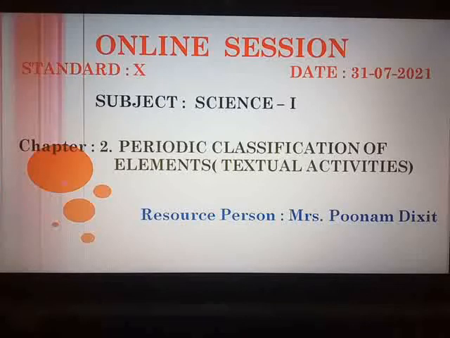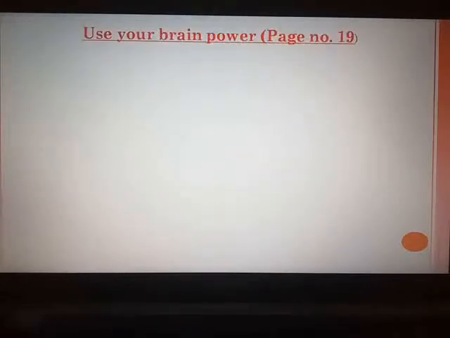Hence, I request you all in the beginning to sit with the textbooks in your hands because page-wise I will be discussing the activities with you. So first we begin with page number 16. On page number 16 we have already completed the activities. Can you recall, I had just discussed with you what are the types of elements, what are the types of matter. Can you tell Dobereiner's triad, all three were discussed.